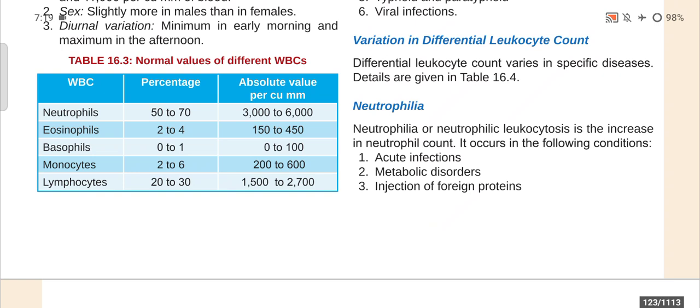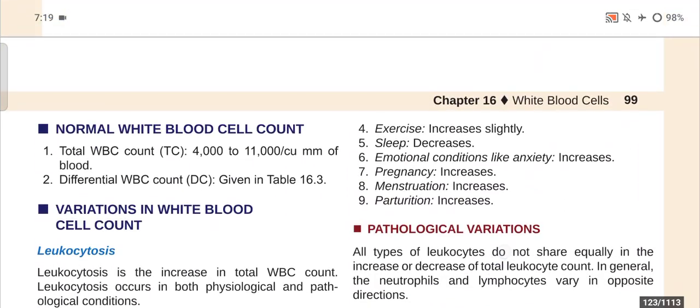Quantitatively, neutrophil 3000 to 6000 per cubic mm of blood, then lymphocyte 1500 to 2700, then monocyte 200 to 600, then eosinophil 150 to 450, and basophil at the last 0 to 100. So this is all about WBC we have discussed today, and in the next video we will try to